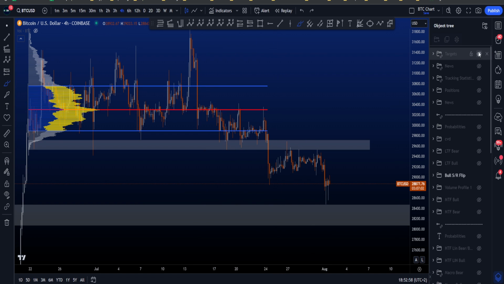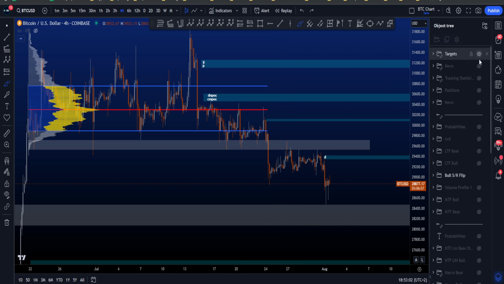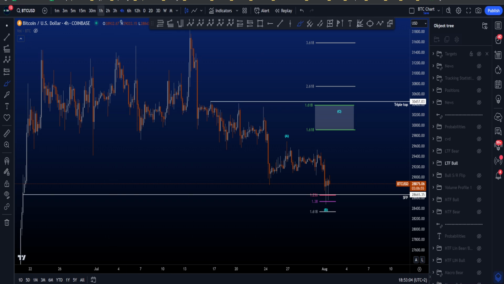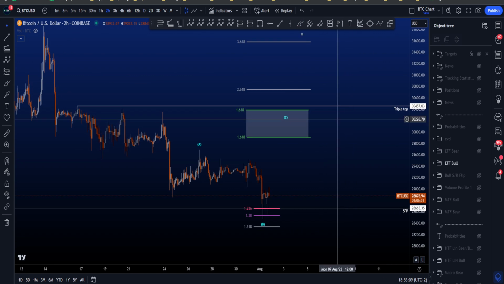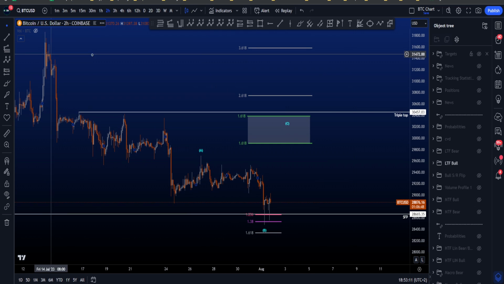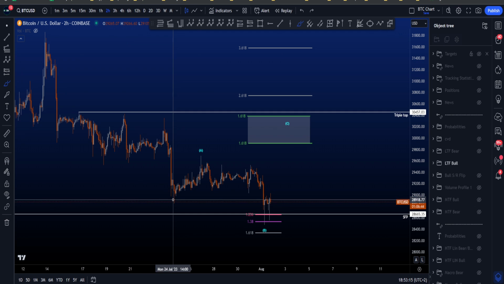That's an interesting level, and we can break out of the value area high to reach the higher levels around 31k as well. Now, if we go to the lower time frame scenarios, then this is the expanding flat scenario where we are looking for a three-wave structure, right? We then have a W to the downside on a medium time frame in a zigzag, and then in wave